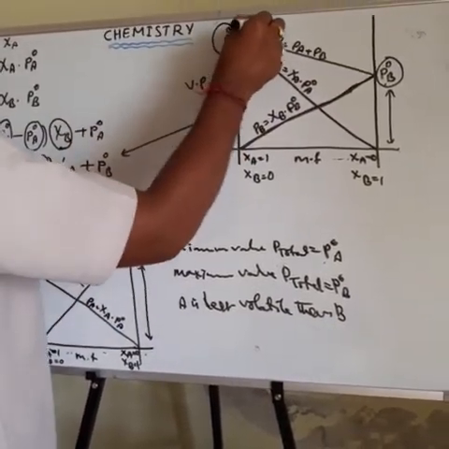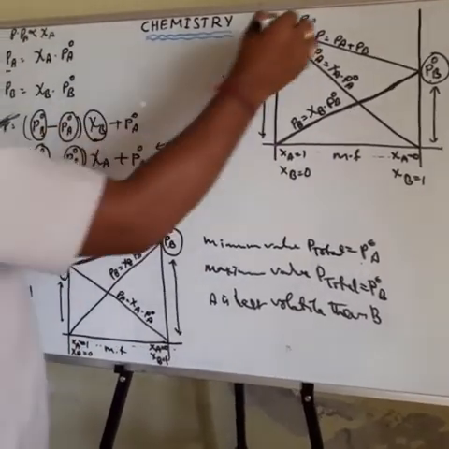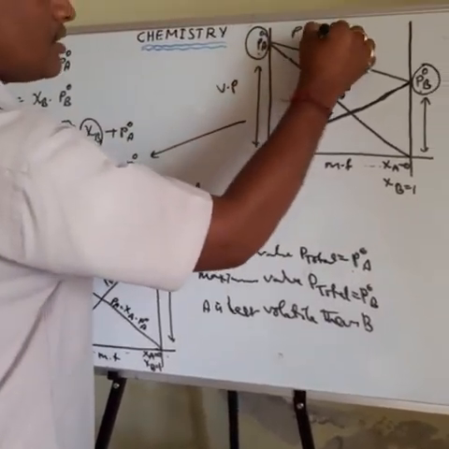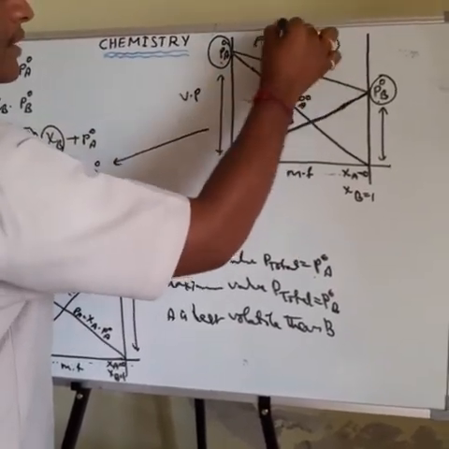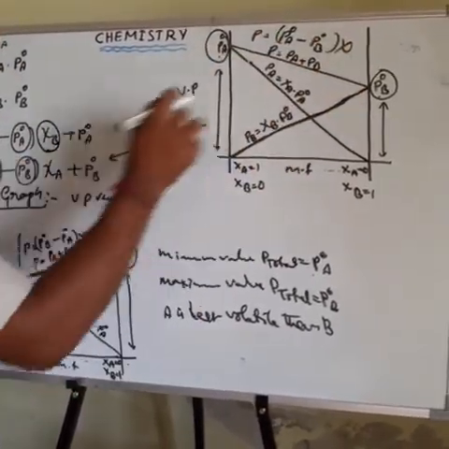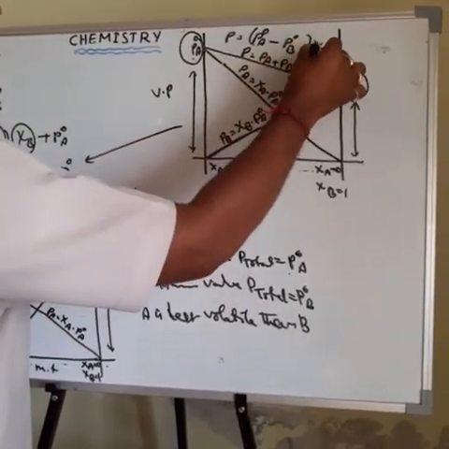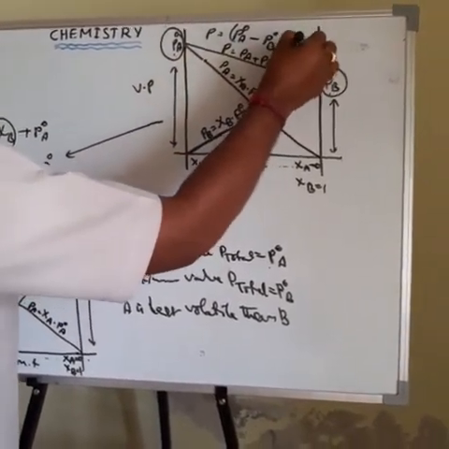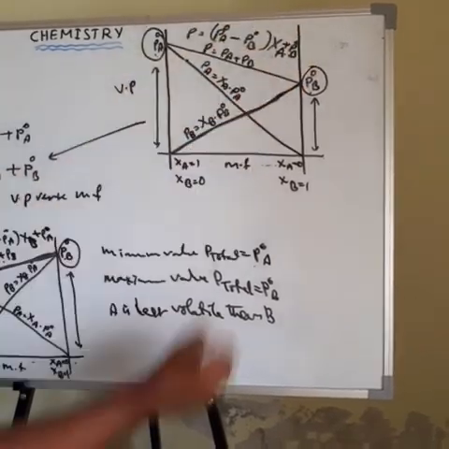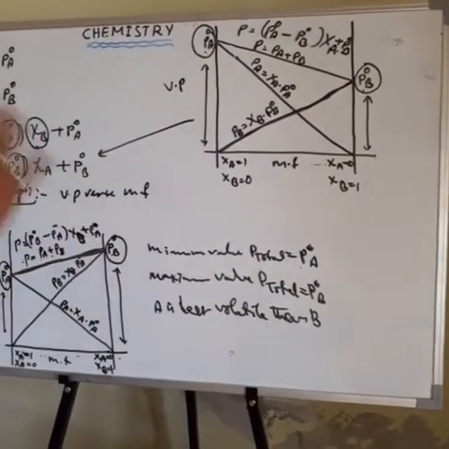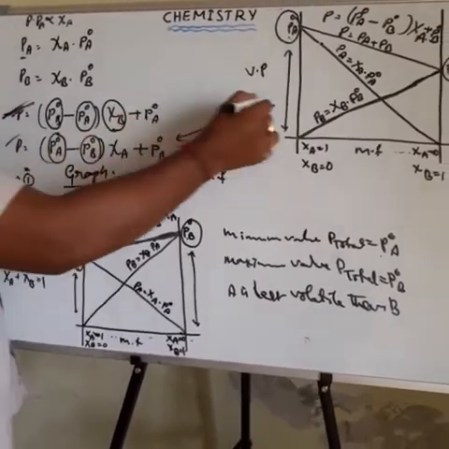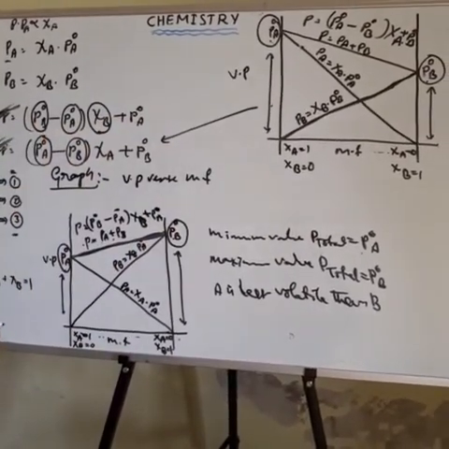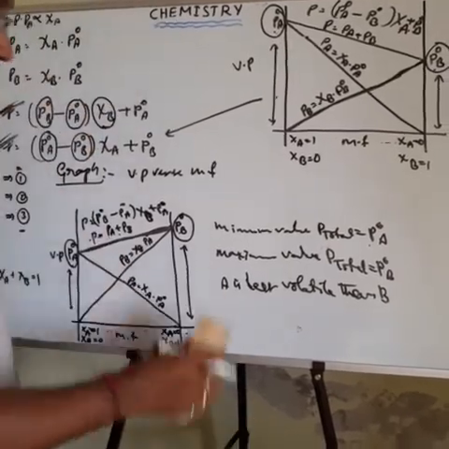That's why here the total pressure P is equal to P naught A minus P naught B into Xi A plus P naught B. So this is about the two graphs. This graph belongs to this equation, and this graph belongs to this other equation. Then next one is